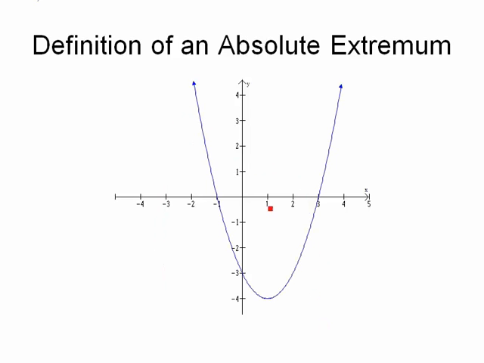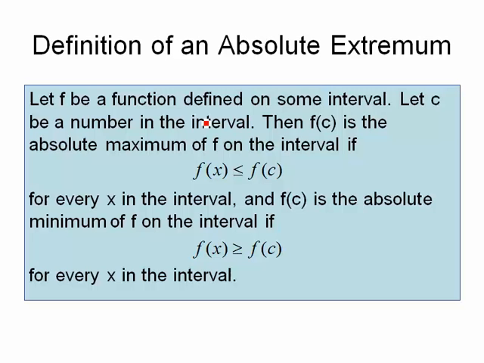Now here's a parabola with exactly the opposite. Down here at the bottom, at the vertex, is a point that is lower than any other point on the graph. That means that it's an absolute minimum. But because on the ends the graph continues to go up, there's no absolute maximum. Any value that you might try to give me, I could probably pick something farther to the right or farther to the left that is even higher. So that motivates the following definition.